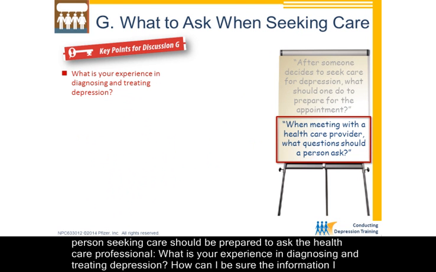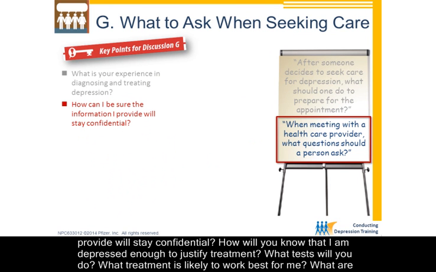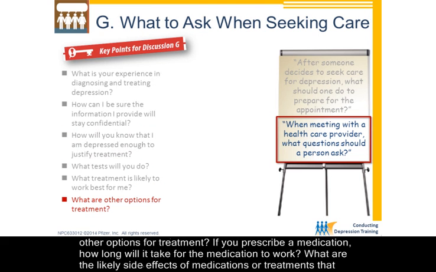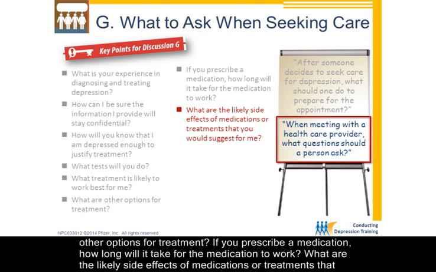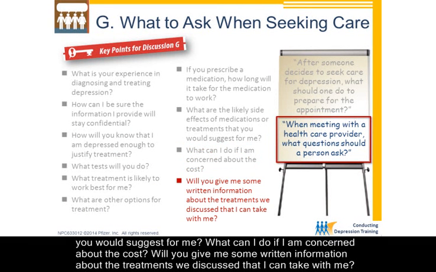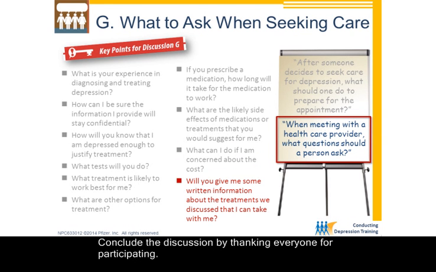What is your experience in diagnosing and treating depression? How can I be sure that the information I provide will stay confidential? How will you know that I'm depressed enough to justify treatment? What tests will you do? What treatment is likely to work best for me? What are other options for treatment? If you prescribe a medication, how long will it take for the medication to work? What are the likely side effects of medications or treatments that you would suggest for me? What can I do if I'm concerned about the cost? Will you give me some written information about the treatments we discussed that I can take with me? Conclude the discussion by thanking everyone for